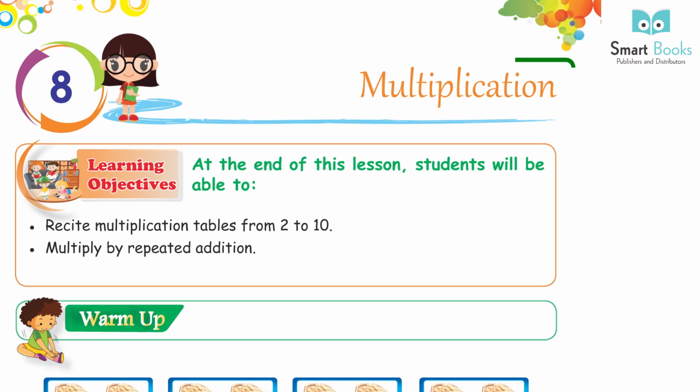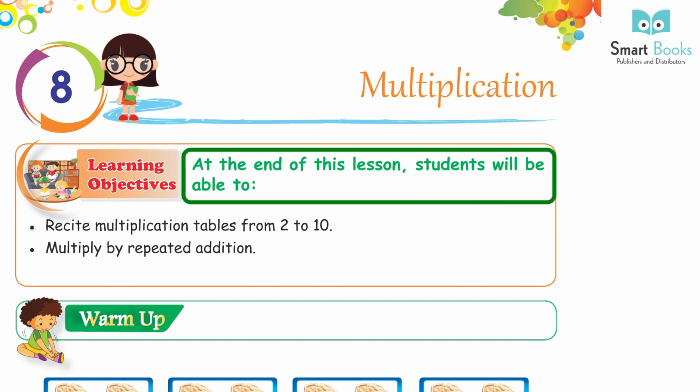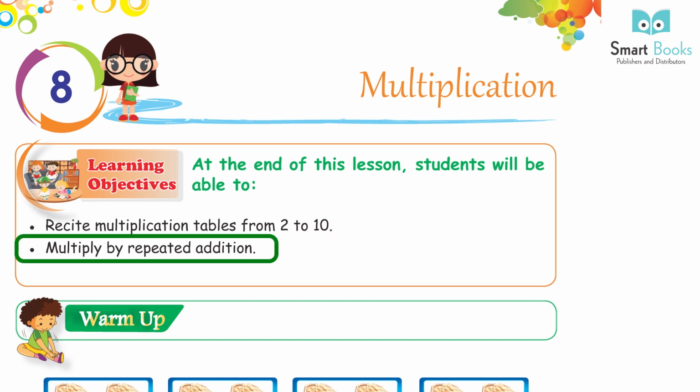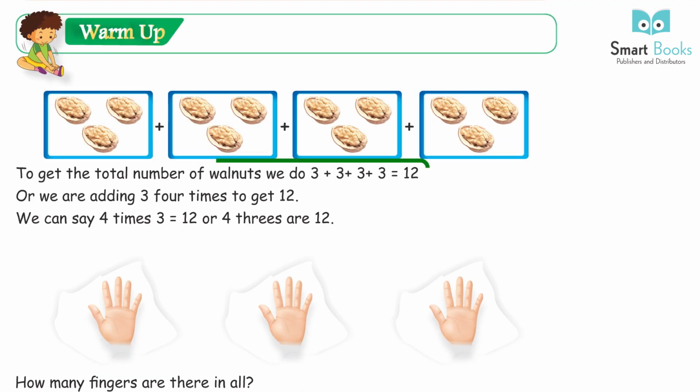Chapter 8 Multiplication. Learning Objectives. At the end of this lesson, students will be able to recite multiplication tables from 2 to 10 and multiply by repeated addition. Warm up. To get the total number of walnuts, we do 3 plus 3 plus 3